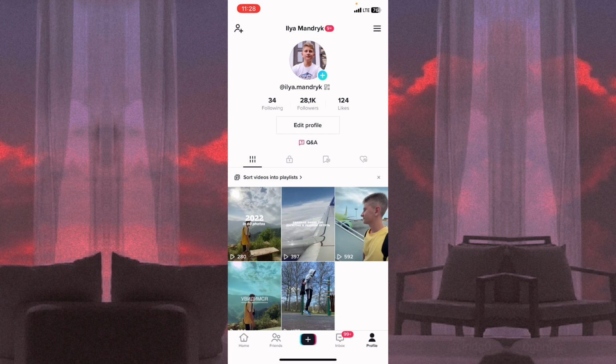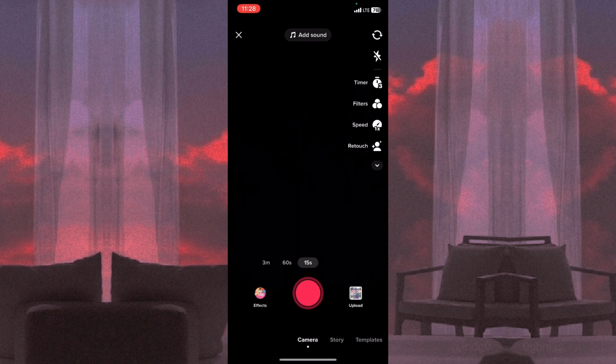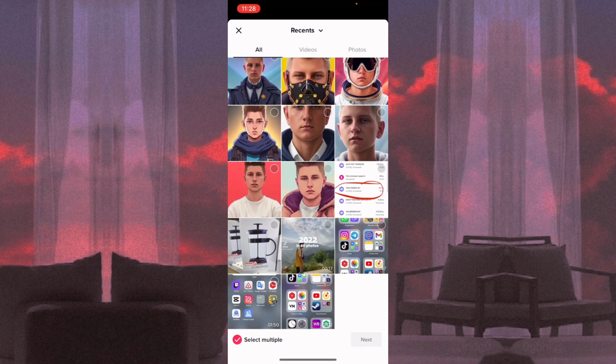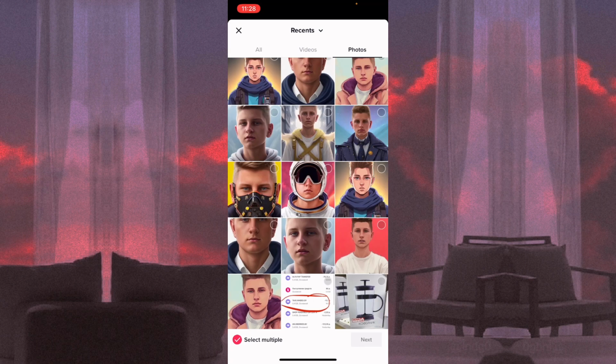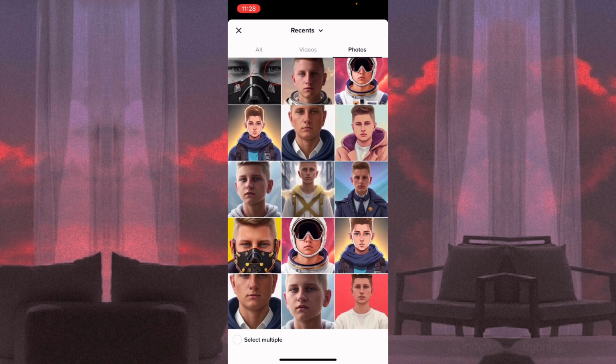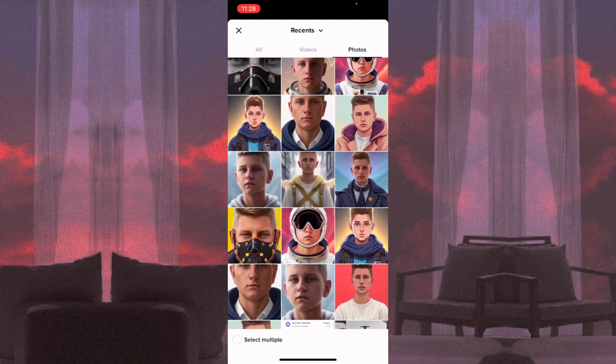After that, all we need is just to click on plus, and here we can see the window to create the video. So we just want to add our photos, so all we need is just to click on the uploads right up here, and then we can choose to go to photos. Here we can see all of our photos, and if we want to add some pictures, we need to